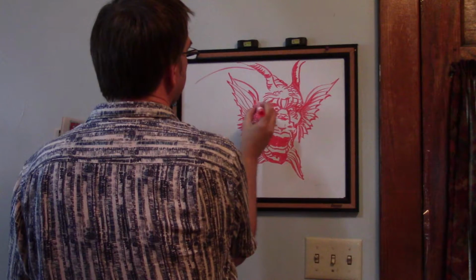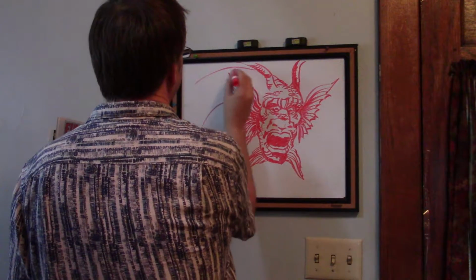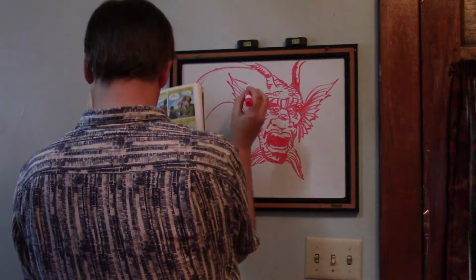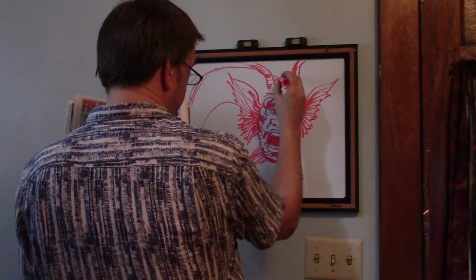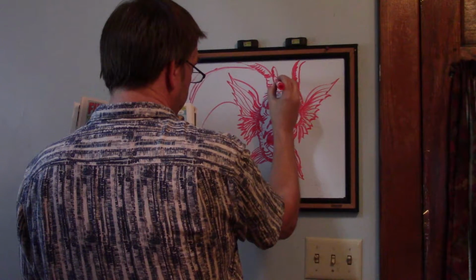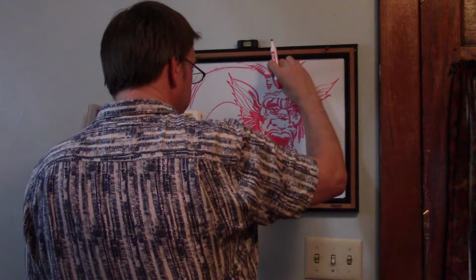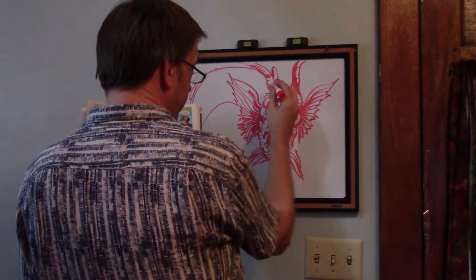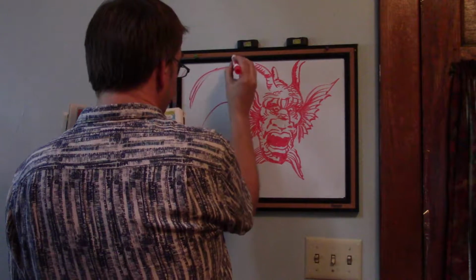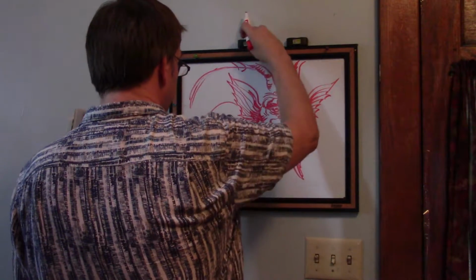So that's this dragon neck coming down here. And there's some nubbly things on it. Probably put the black on the back side, remember? And they have to, if something is coming out of this neck, then we want to draw the bottom of it where it connects. Okay, so